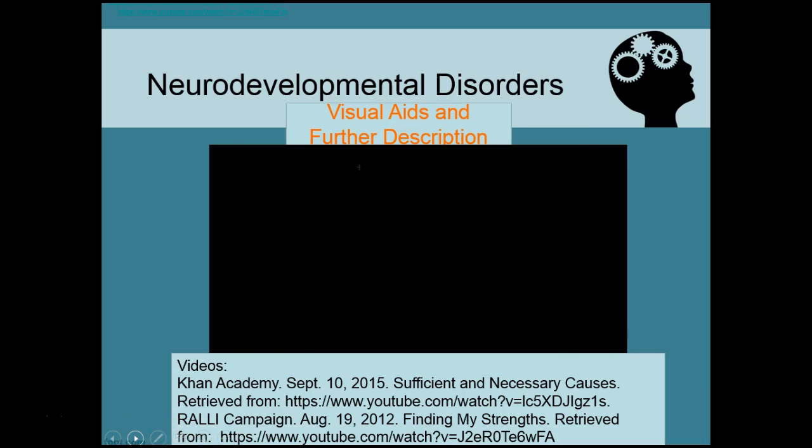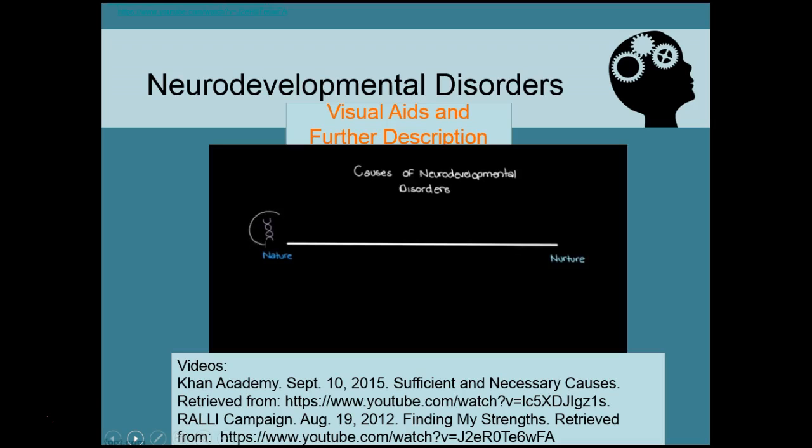So let's take a look at a few of the more common events that can cause neurodevelopmental disorders. And maybe let's do that by sort of categorizing them here. So let's draw a line down here and pop nature down on this end and nurture on the other end here. So now we've got a little spectrum that goes from nature all the way to nurture. And you've probably heard these terms before, nature and nurture. And what we mean when we say nature, what we're talking about are things that are innate, things that we are born with. So, for example, our DNA, our genetic instructions we have inside of ourselves that tells our body what to do and what to make. This is part of our